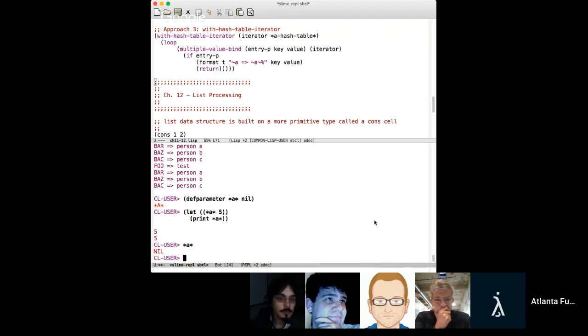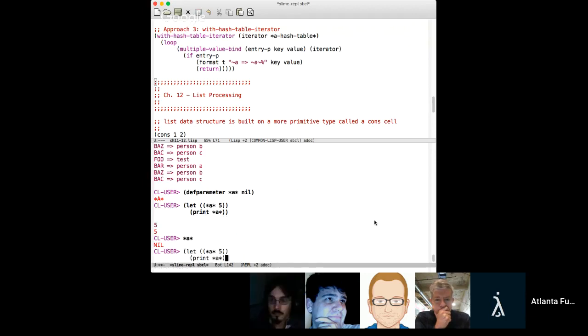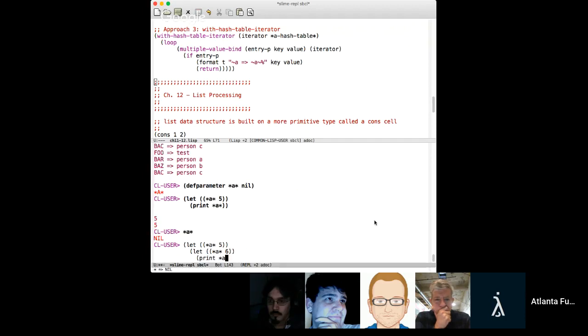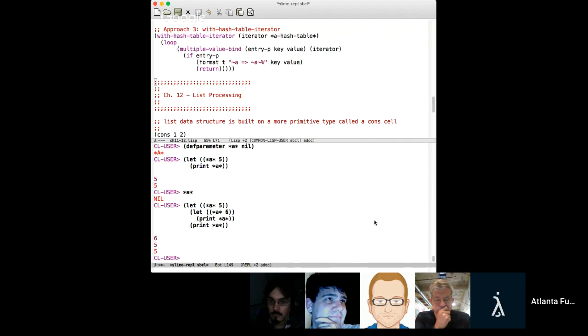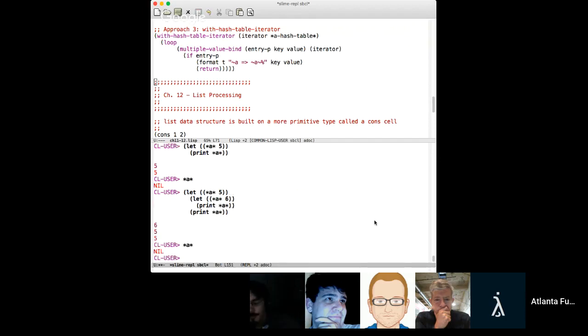But the other thing is that if you let bind *a* to be 5, and then inside of that let bind *a* again to be 6, the same thing happens. It pushes nil onto the stack, and then it pushes 5 onto the stack. And then it pops 5 back into the spot in the symbol table, and then it pops nil back into that spot in the symbol table. So that way there is this spot that it can always look for the current value, and the old value gets saved. And that way, if you define some function that, say, increments your special variable,